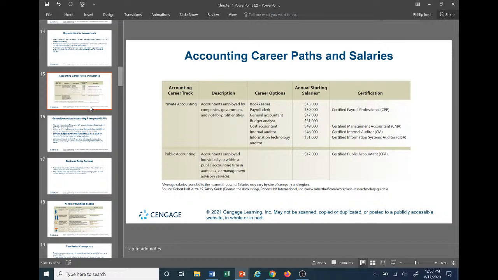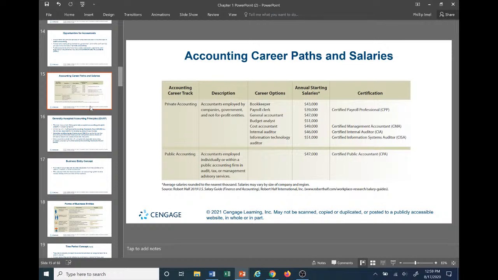But just pointing out, and you can do the research and the homework and see that most of the time these upper level positions are held by those that have a strong financial and accounting background, which makes sense because they're going to need them to understand the books and what's going on within the operations of how we got to that end result of what's on the books. Some of the salaries here, annual starting salaries, you can see they range anywhere between mid 40s to low 50s here, and I'm sure that if you get on there and look at other sites, it depends obviously on where you're living. The cost of living factor is going to determine that as well.